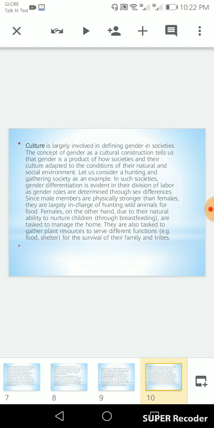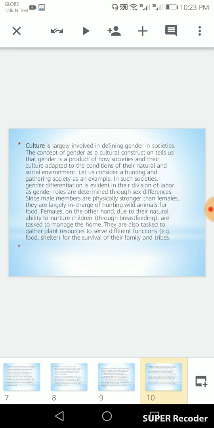let us consider a hunting and gathering society as an example. So in such societies, gender differentiation is evident in their division of labor, as gender roles are determined through sex and differences. Since male members are physically stronger than females, they are largely in charge of hunting wild animals for